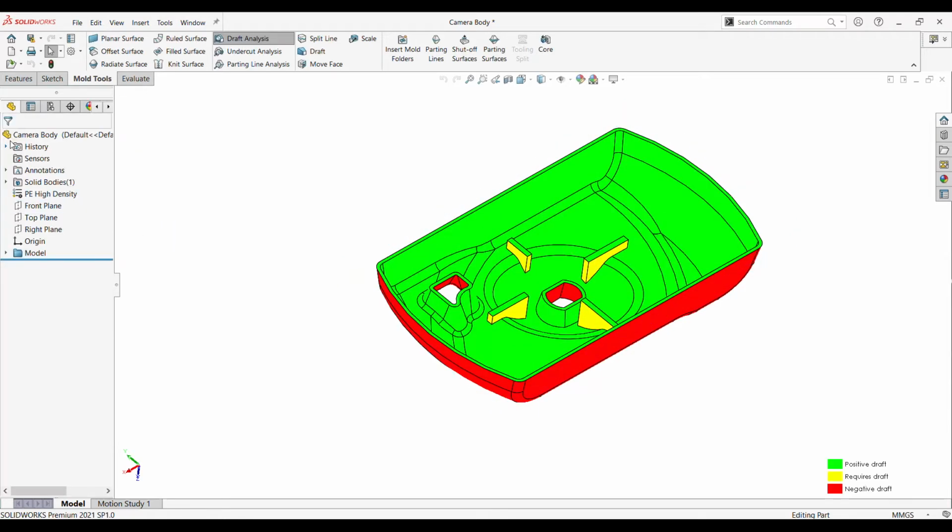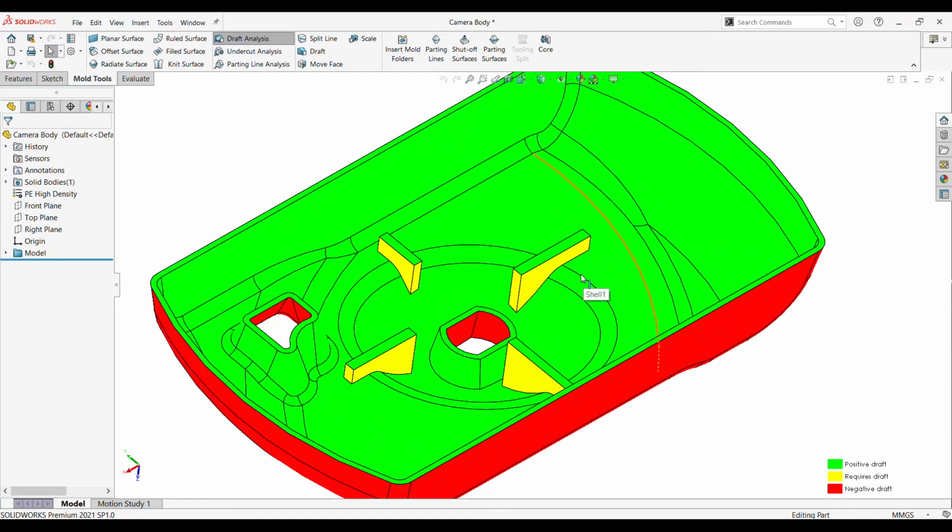And then we will see 3 colors: red indicates negative draft, yellow indicates required draft, green indicates positive draft. So we can identify the yellow regions that require a draft in this example.